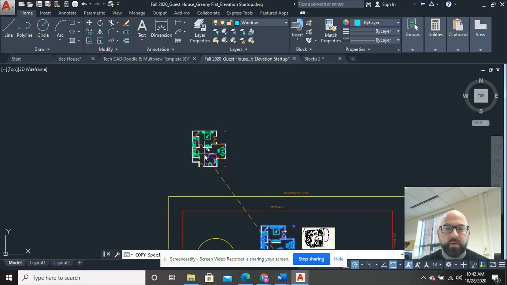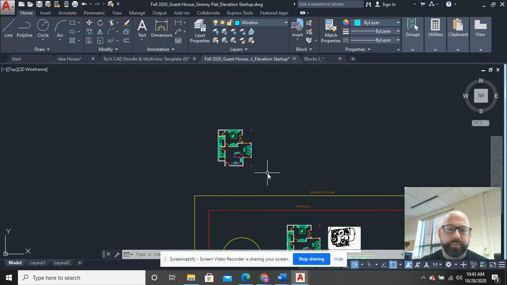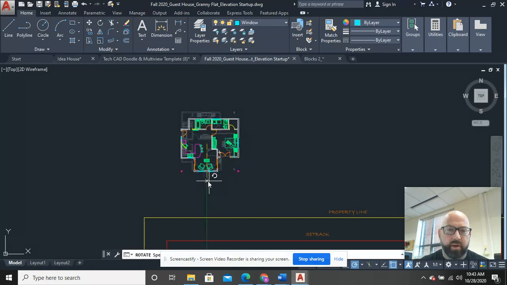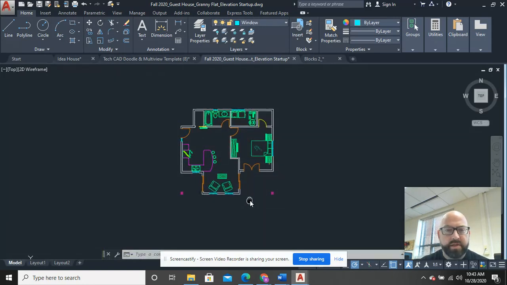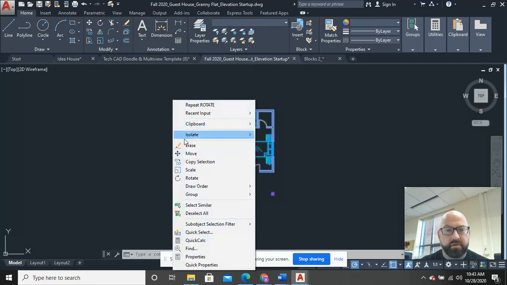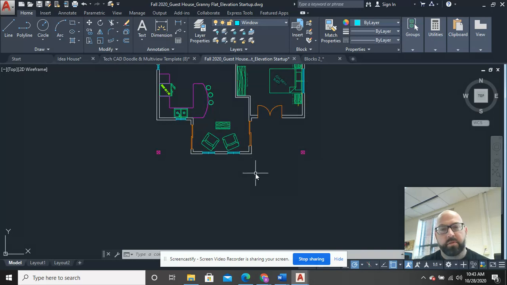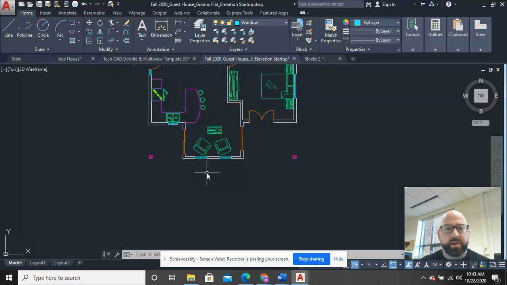Copies are free. So what I do first is I'm going to go ahead and take this drawing and I'm going to rotate it. And this is my first step in elevation drawings. The reason I do that is I want the front of my house, which we're going to call the south elevation. So I want you to remember that regardless of which way the house is facing, like in production architecture,